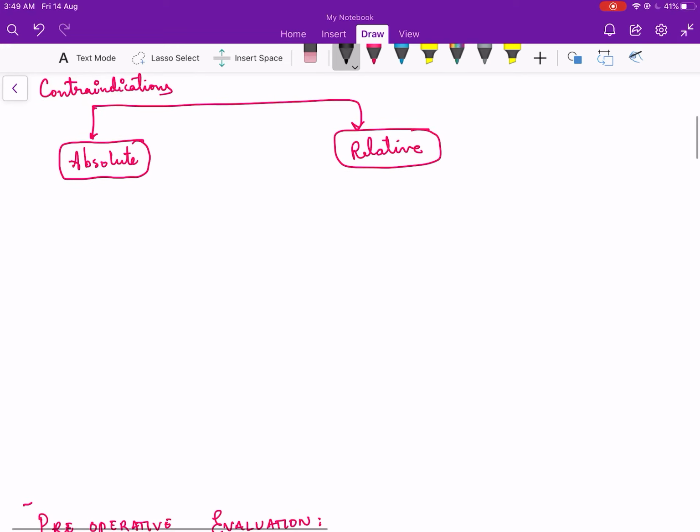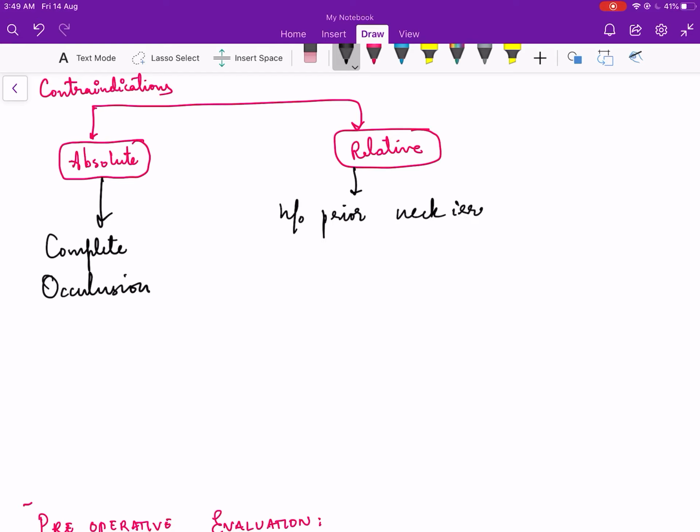So what are the indications? We have studied the indications. Let's study the contraindications. The absolute contraindication for carotid endarterectomy is a complete occlusion of the carotid artery. The relative contraindications are a history of prior neck irradiation due to any kind of cancer, such as oral cancer or thyroid cancer, or concurrent tracheostomy,